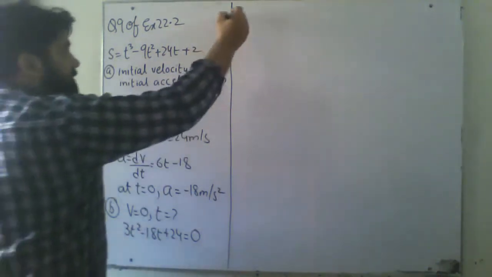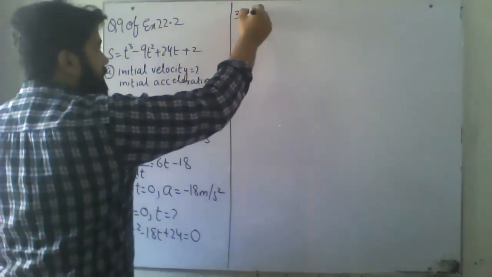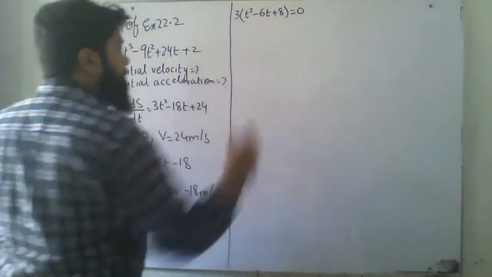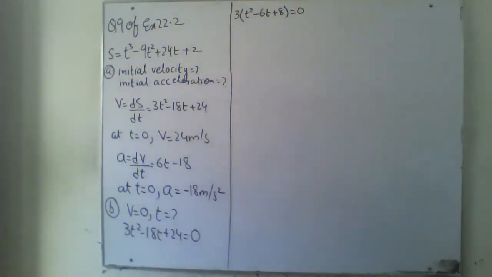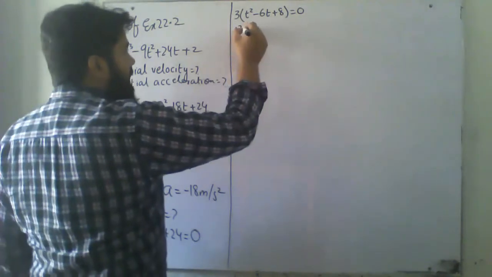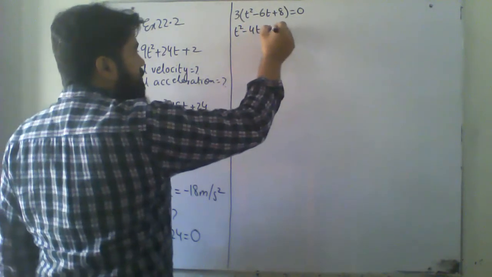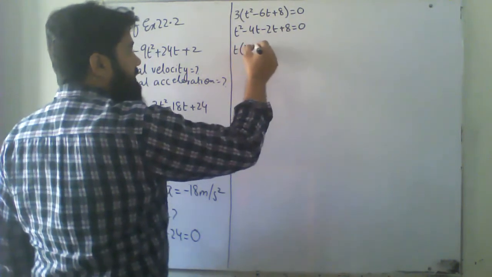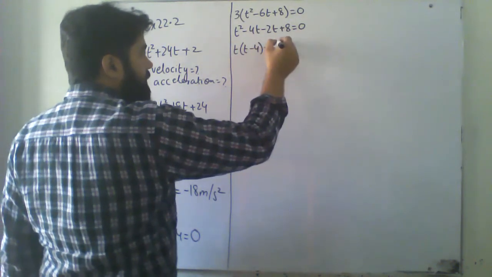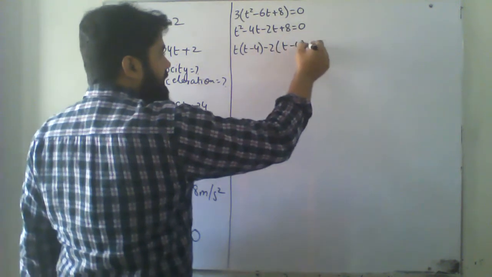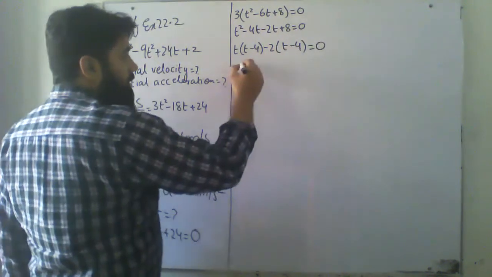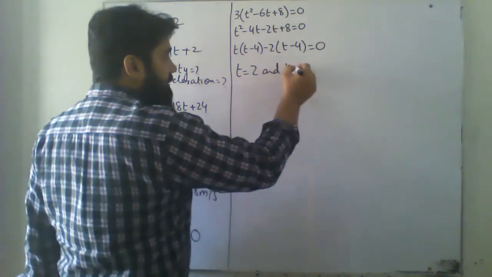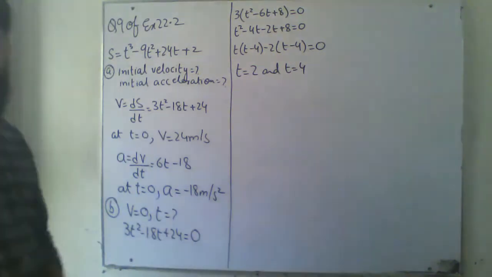first of all taking 3 common, t square minus 6t plus 8 equals to 0. Okay, so t square minus 4t minus 2t plus 8 equals to 0. t common, t minus 4, minus 2 common, t minus 4 equals to 0. Okay, so the value of t is coming 2 and the value of t is coming 4, at which the velocity